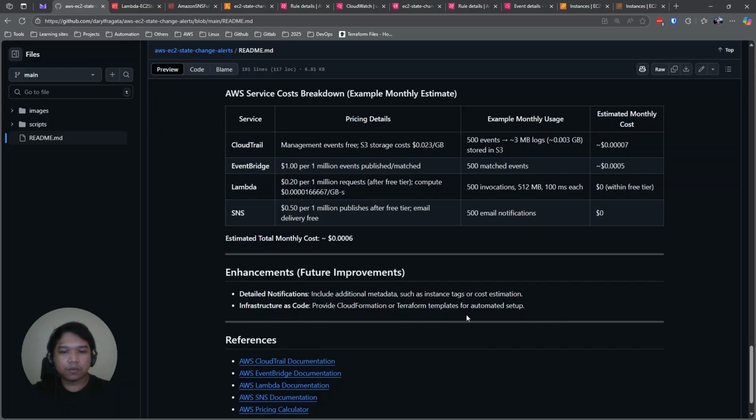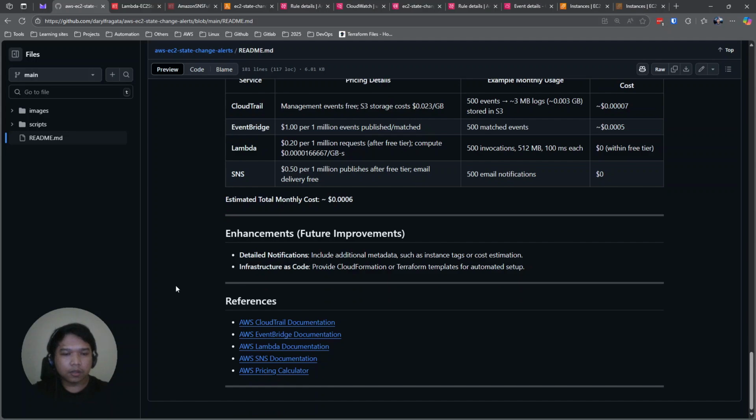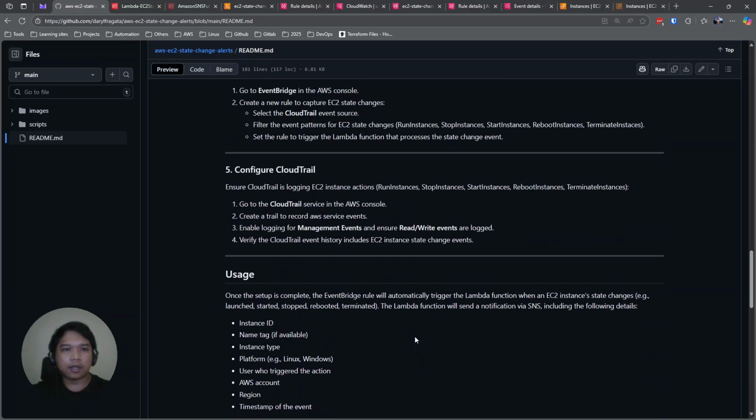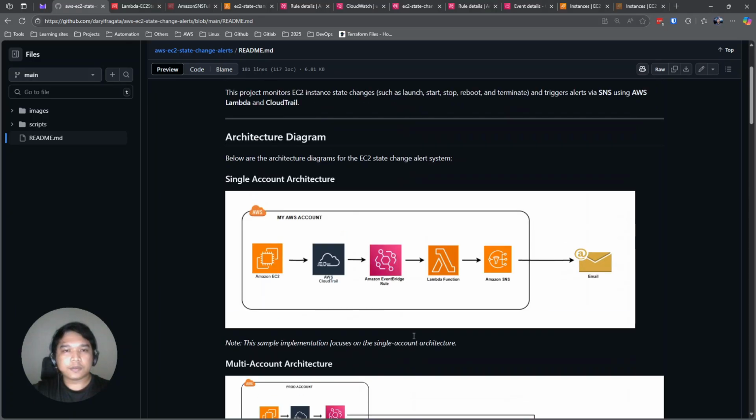Infrastructure as code: we can definitely set this up via IaC. And for the references, we put the references here for CloudTrail, EventBridge, and all the different services that we used to build this project.